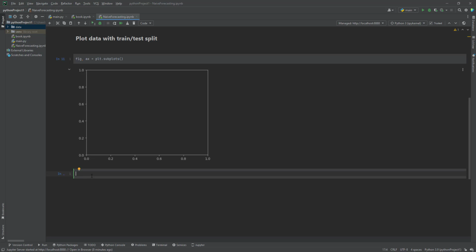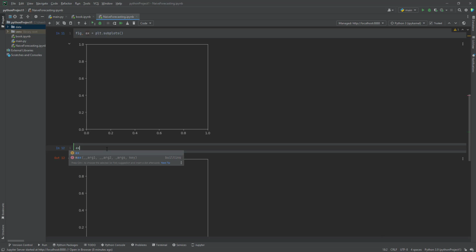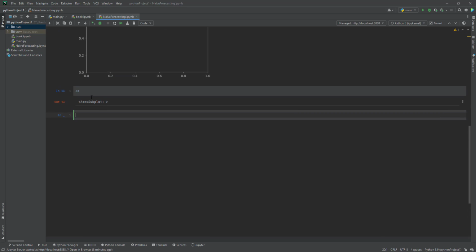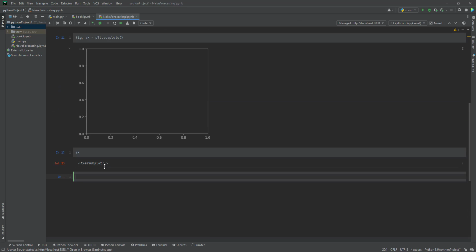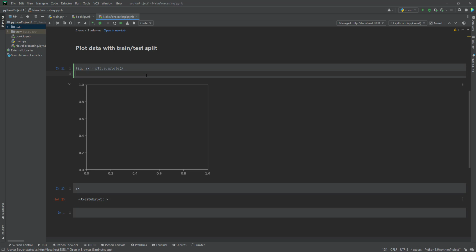Fig, strange. Just this AX. AX is obviously the class. Okay. And after doing this, we can start doing a bit more beauties like plot, df date, and